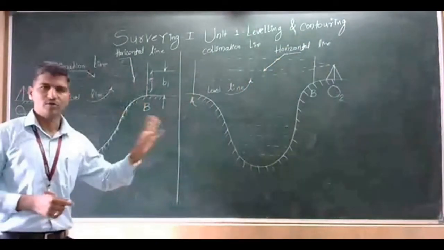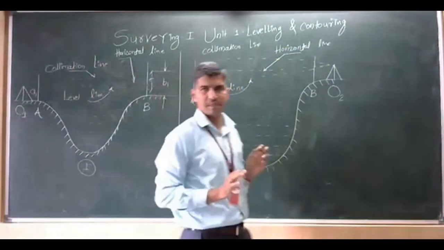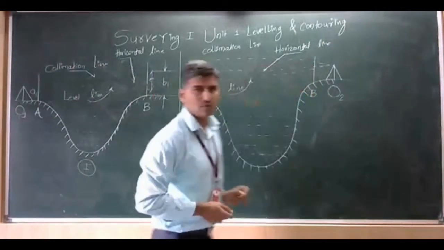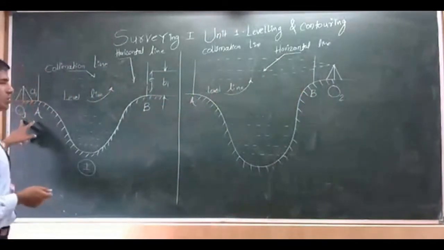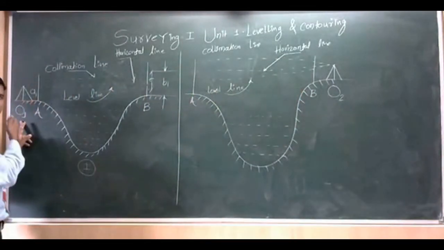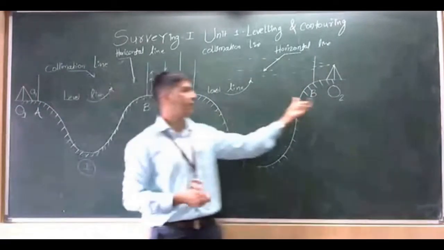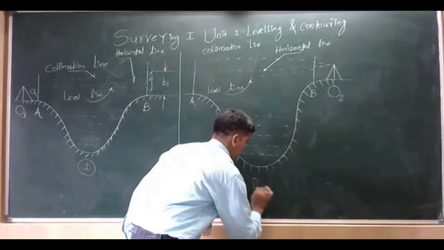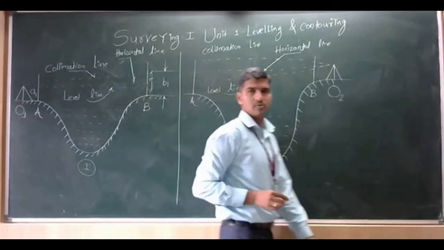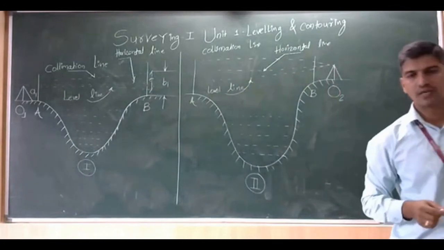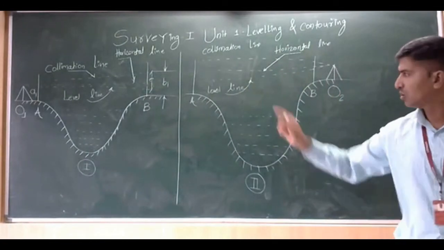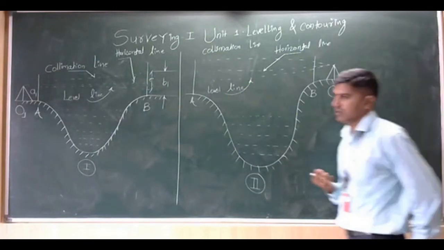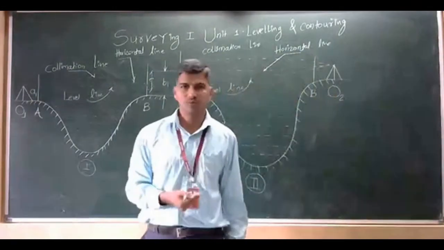So the figure is almost same. Draw the same figure; don't make many differences. Only thing I have changed is the instrument, which was earlier in case 1 near to point A. I have changed it and kept it very near to point B. So this is my case number 2. All of you please draw both the figures correctly so that we can go for a very small derivation of the reciprocal.